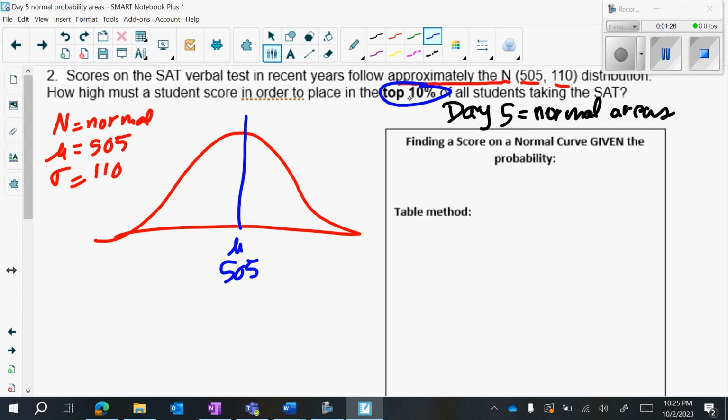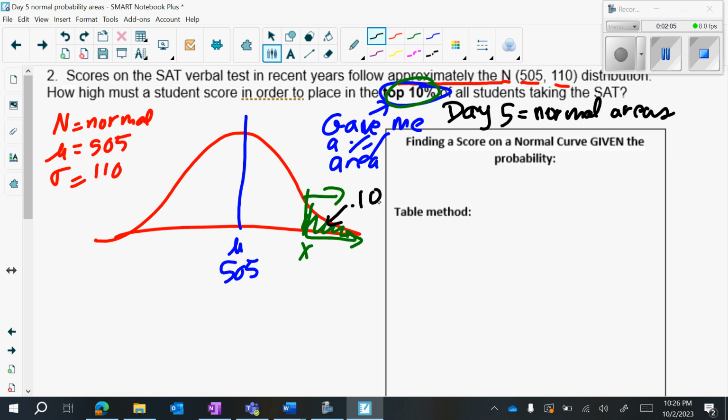Okay, so in this case, they're not asking me to find the area under the curve or the probability that someone is in the top 10%, because they actually gave me the area, a percent slash area. So because of that, this is going to be a working backwards situation. They said this person's in the top 10%, so they're going to be somewhere to the right of the mean. And the area to the right of them is going to be 10%,